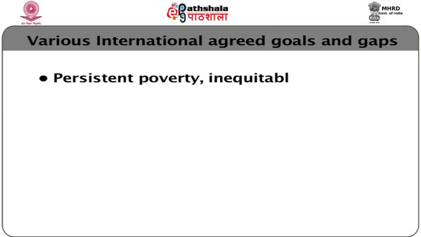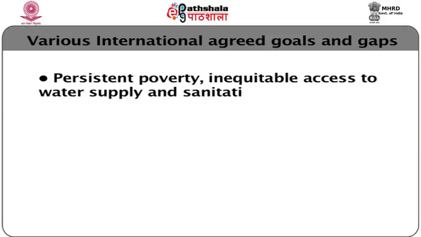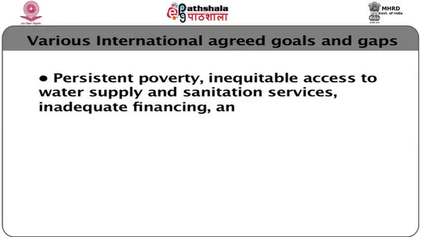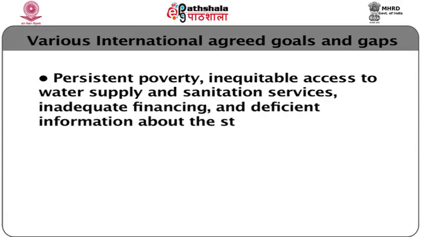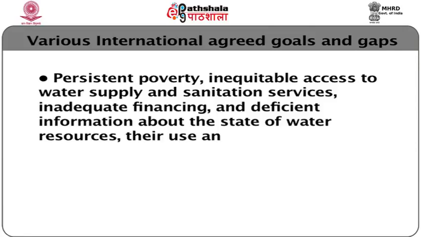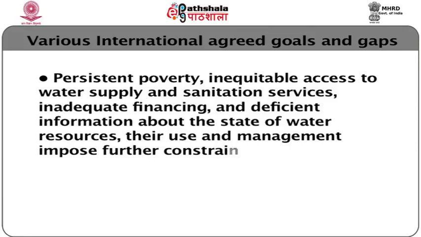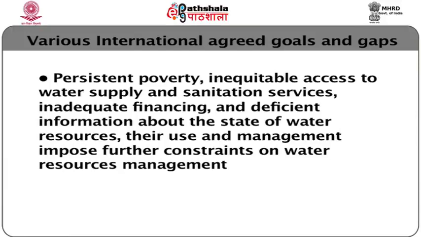Persistent poverty, inequitable access to water supply and sanitation services, and deficient information, its use and management impose further constraints on water resources management and their ability to help achieve sustainable development objectives. Therefore, there is a huge